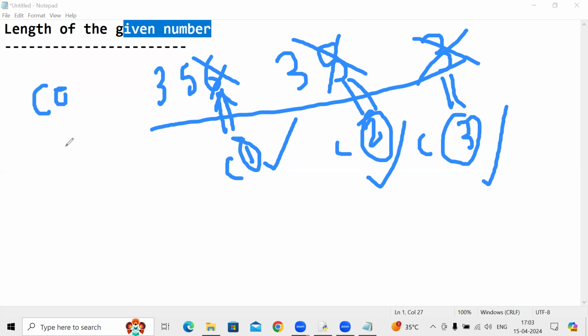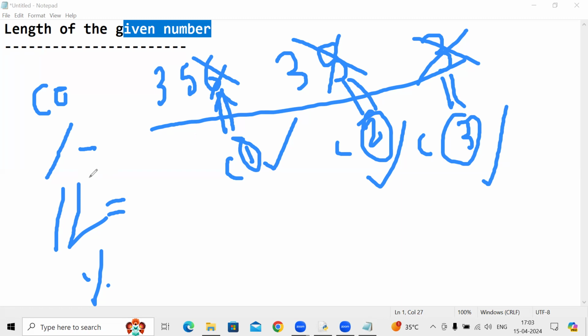To perform this procedure, I hope in previous videos I explained the division operators. In float division, it will take the quotient as output and give a float value. In floor division, it will take the quotient as the result and give output as an integer. In modular division, it will take the output from the remainder. If I want to delete the last digit, one by one up to the completion of the digits, for counting the length of the given number,